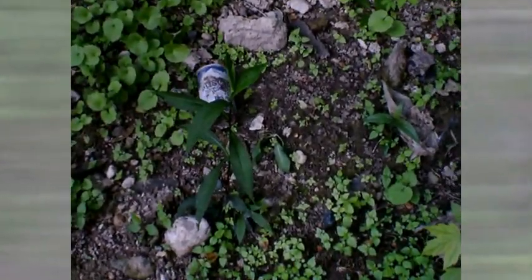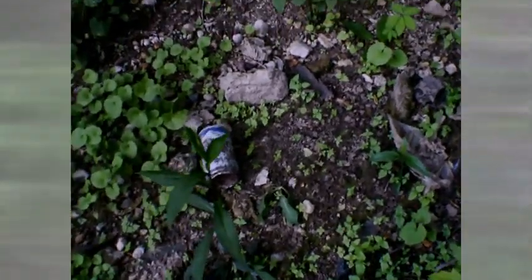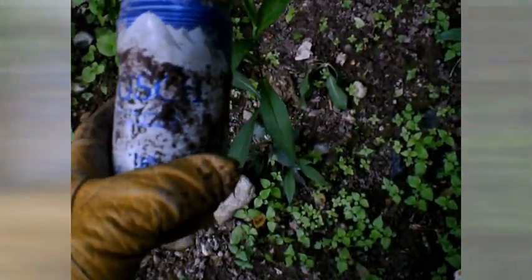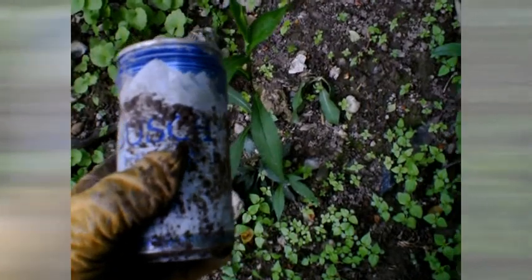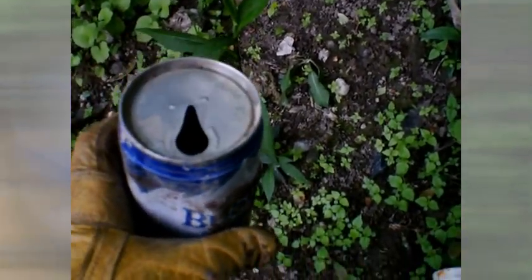Alright, still walking along the river here, and about done. I gotta get walking back because I got about 20 minutes to walk back to the truck. But the first find I found was this old beer can. It's a Busch, and I normally don't pick up cans, but I'm gonna take this one home just because it's